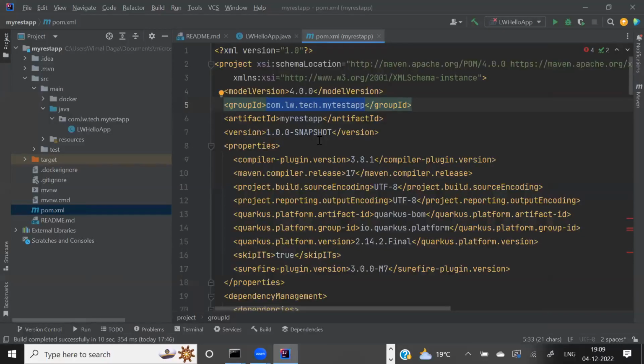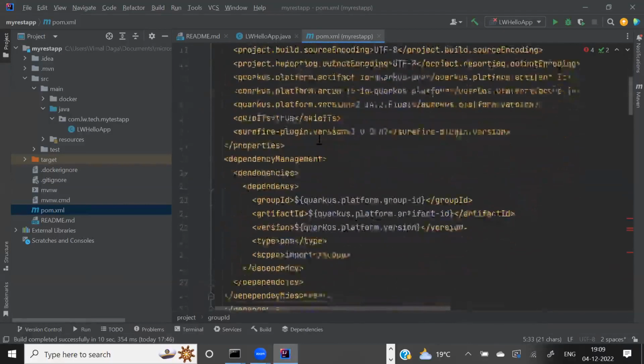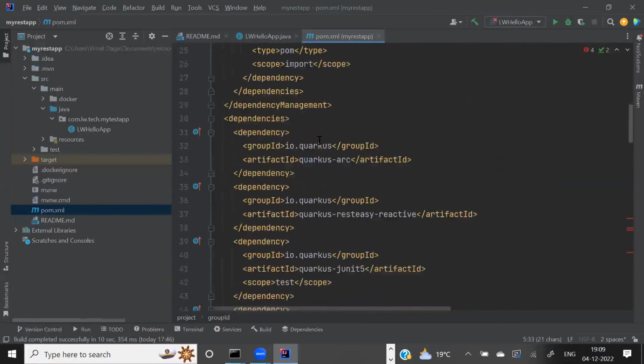Okay, but if you go down, this will tell Maven that this current project, what we're going on, my REST API, my REST app, depends upon, this is called dependencies, multiple different libraries. One of the libraries is called Quarkus Arc.